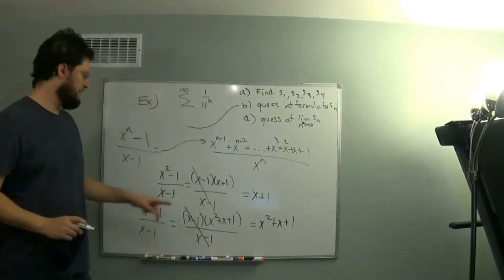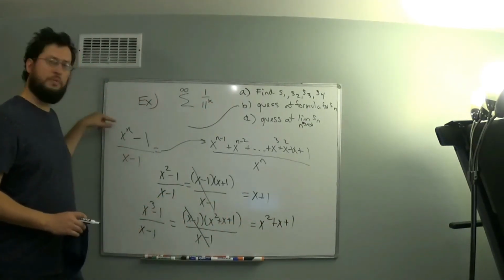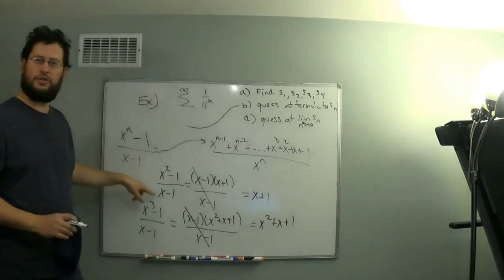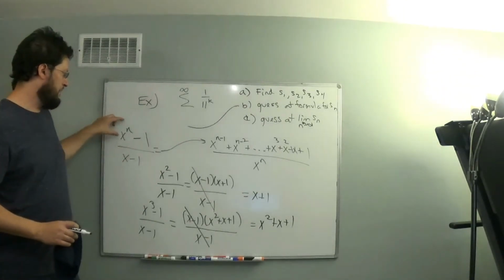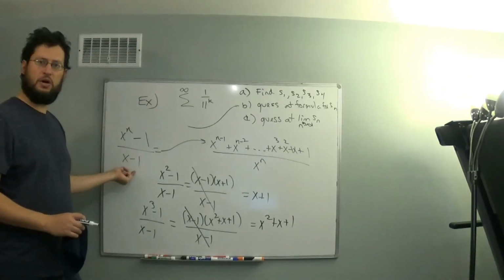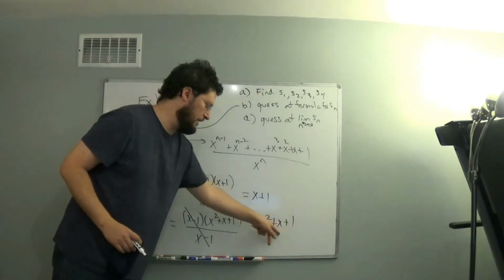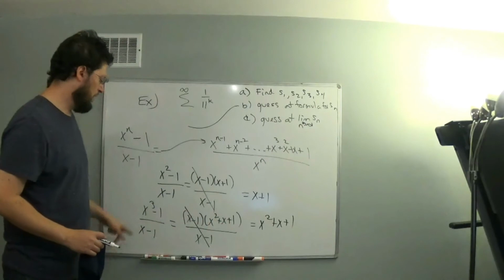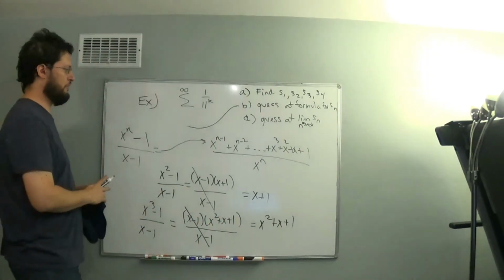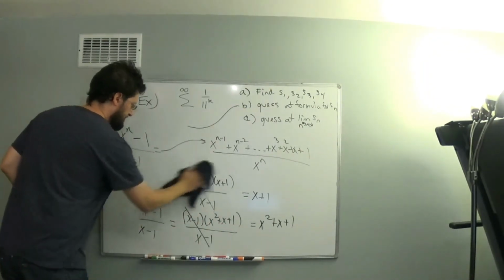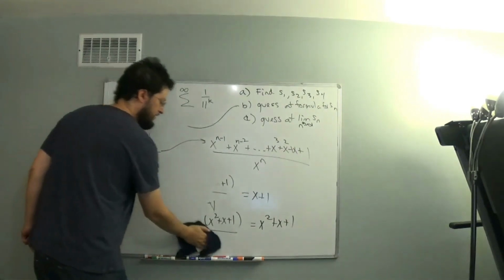And so my claim is that this is always true, no matter what, whether this is a 2 or a 3. If I take x to the n minus 1, divide by x minus 1, then I'm left with something that looks just like this, down to 1 from wherever the starting exponent was. And so we're just going to take that as true,